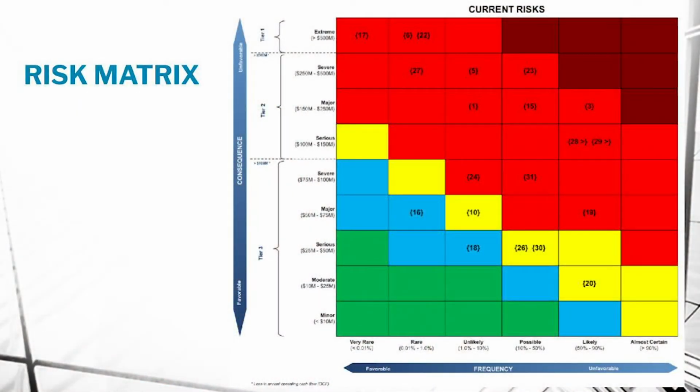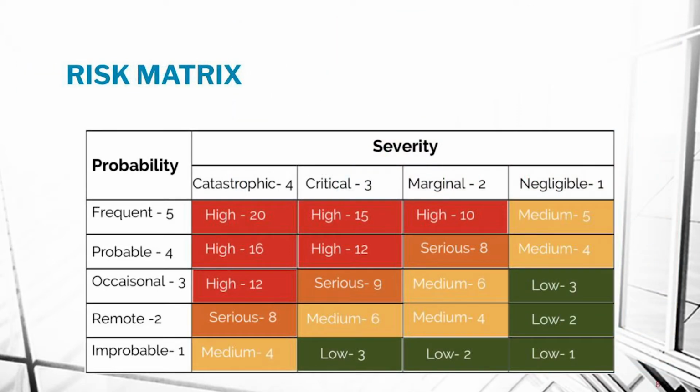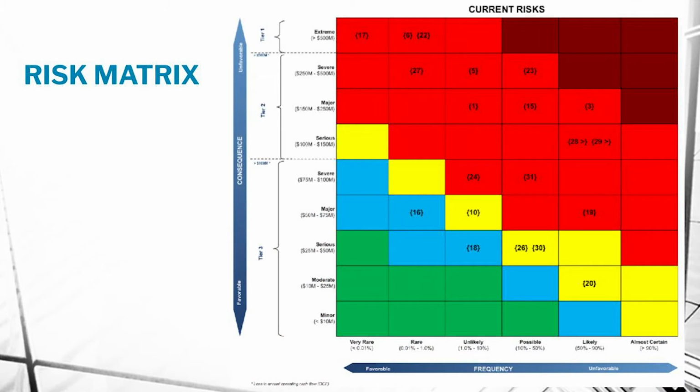This is another matrix. Now, if you notice on the previous one, bad stuff was on the upper left. Here, bad stuff is on the upper right. Does it matter? If you're consistent, it doesn't matter. Some people really get spun up on it one way or the other, but you've got to establish a standard.